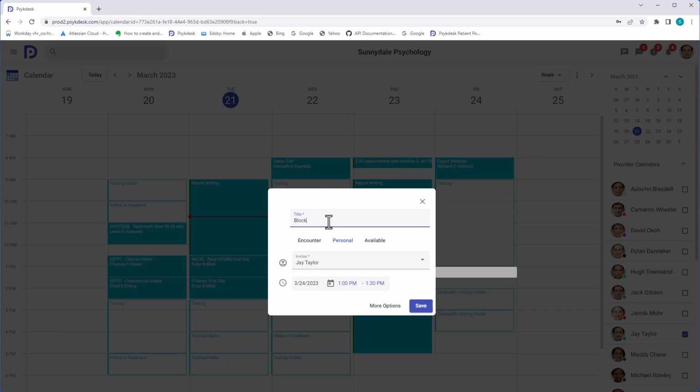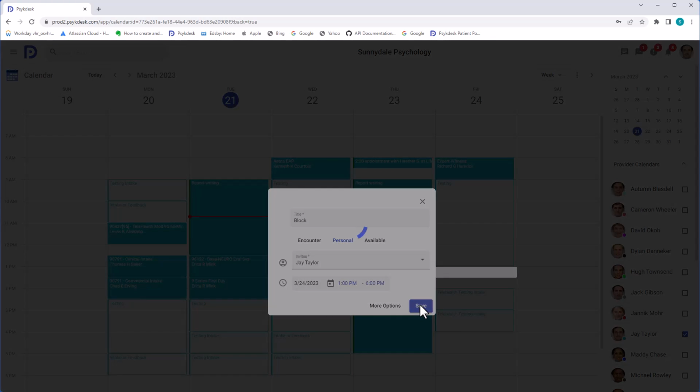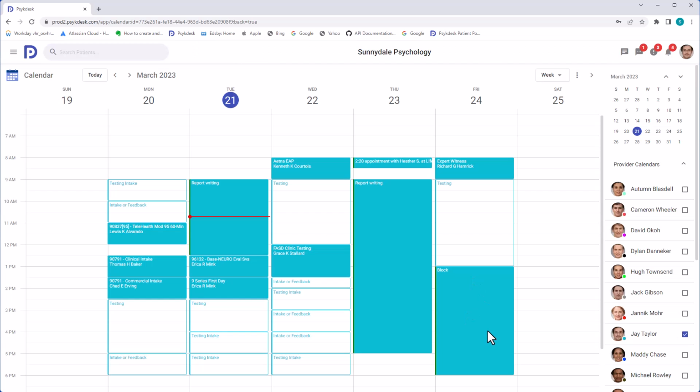I'm going to block my calendar. It's going to start from 1, and I want it to go all the way to the end of day, 6 p.m. Save. So now I have a personal item there as well. And I can also show availability